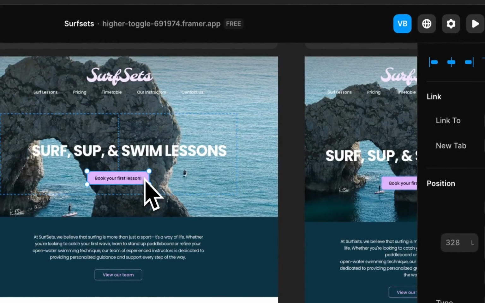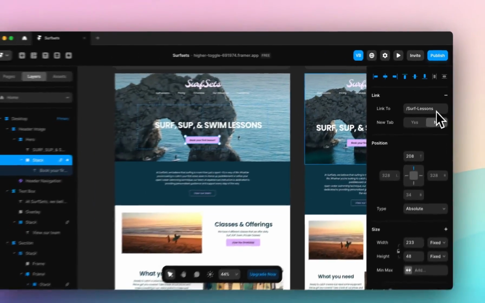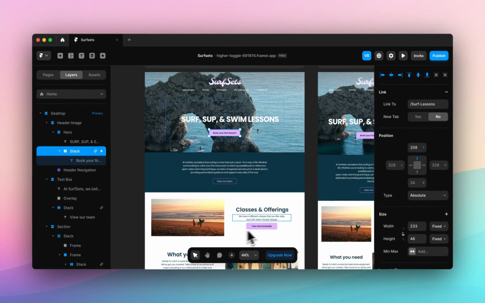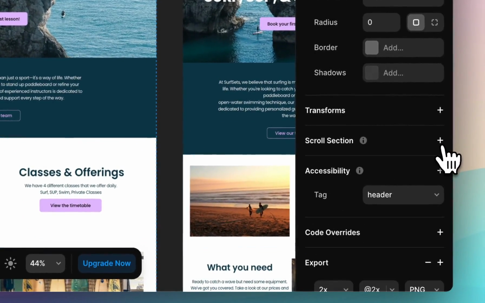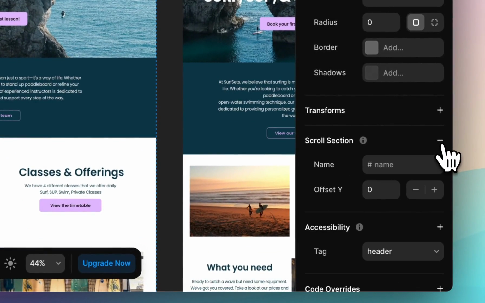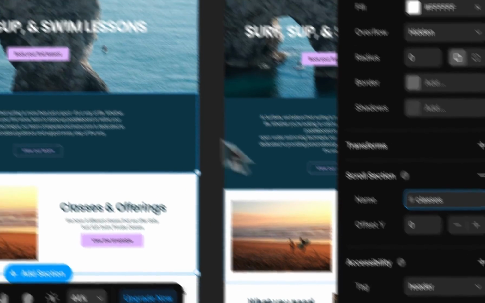This button up here was previously linking to the Surf Lessons page, but I'd like it to rather link to this Classes and Offerings section. To do this, click on the section you'd like the button to move to, come to the right-hand panel, and click Scroll Section. Add the name for the section, come back to the button,